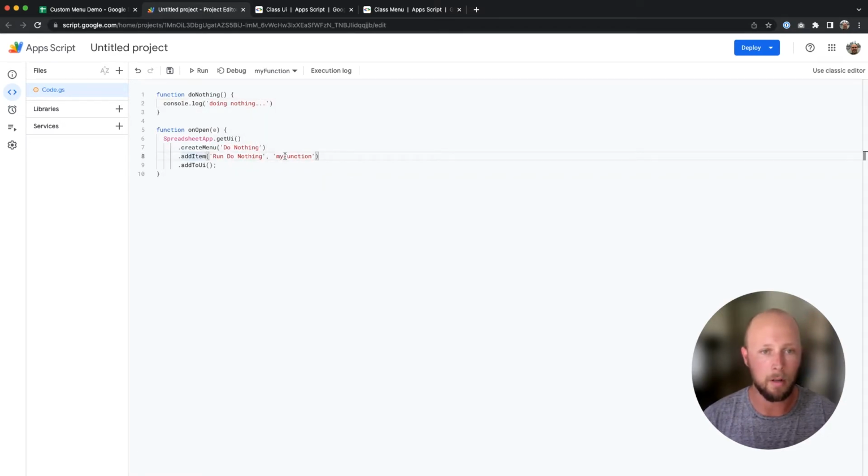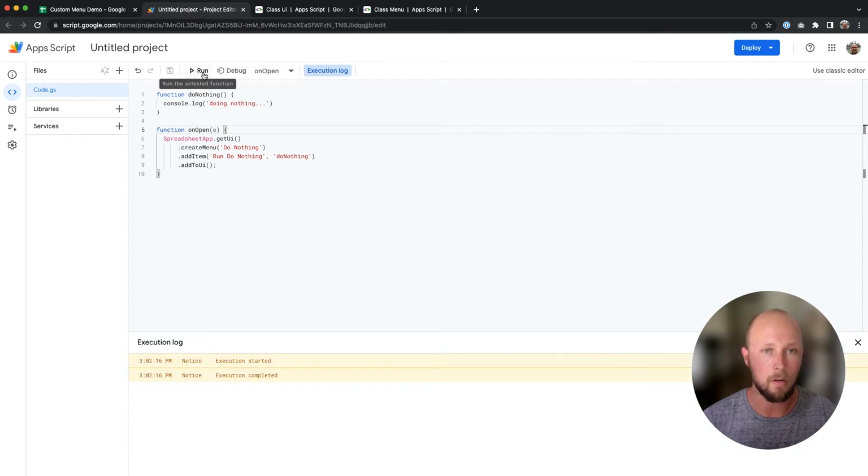And then I'm going to go ahead and change the name of our function that we have defined in the second argument to do nothing so that it matches the name of our function here. So now every time we click run do nothing, this will run and then nothing will happen. So I'm going to go ahead and save this, and then I'm going to select the do nothing function, or the onOpen function rather, and then I'm going to run that so that this menu gets added to our Google